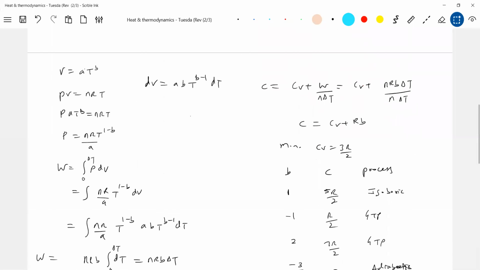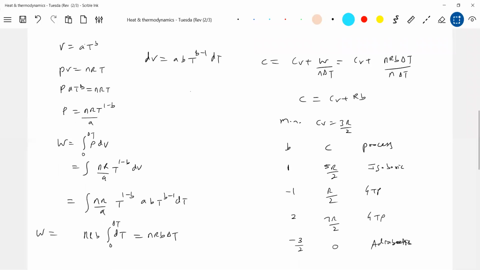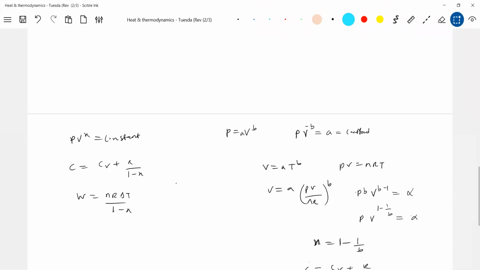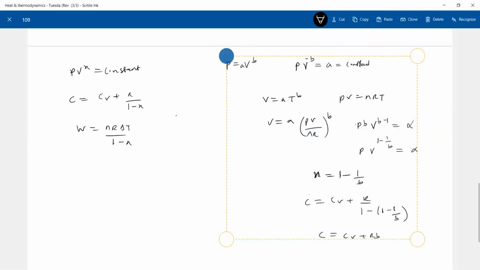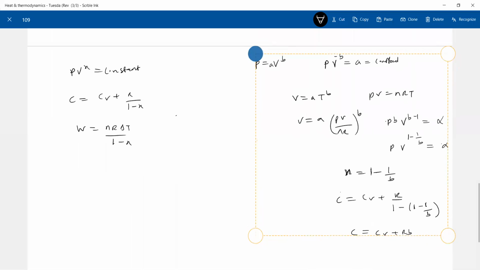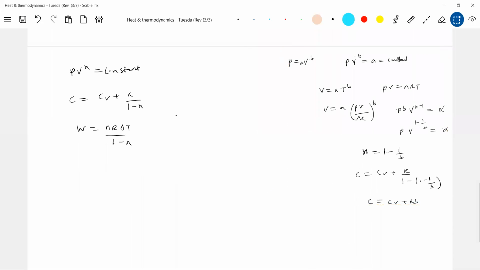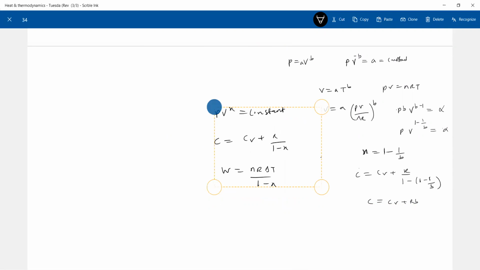So tell me, afterwards if you get an equation like this, will you solve by the method I showed, or will you take help of the polytropic process? You are going to take the polytropic process. I'll bring both methods to one place, at least. This is very important. I don't want you to solve many problems. You have to just confine yourself to the polytropic process and wind up all the related things.